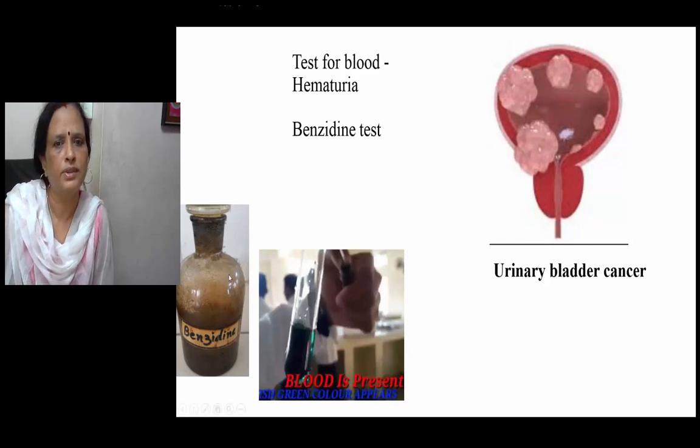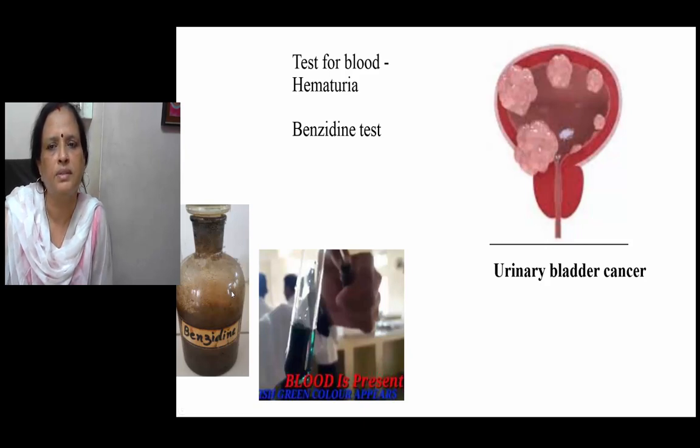Look at this bottle. You're all familiar. You've done this test using this chemical to detect blood in urine. First year biochemistry you have done. Now second year also you're doing it. This is a test that is banned because benzidine we know is carcinogenic. Benzidine glacial acetic acid test. So you should never handle it. Okay, that also is one of the etiological factors for urinary bladder cancer.